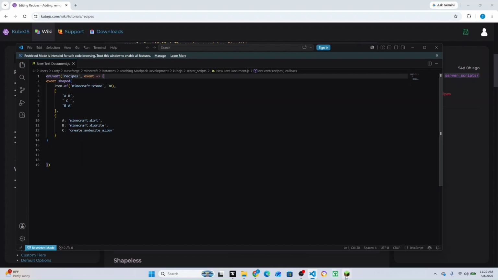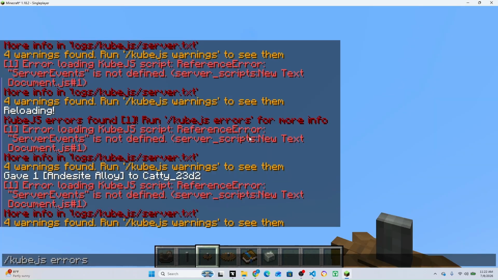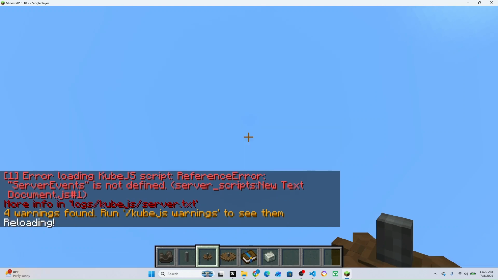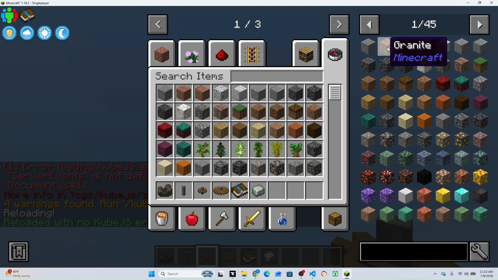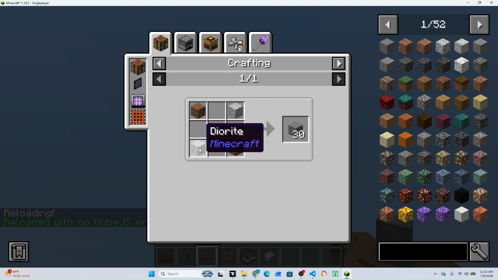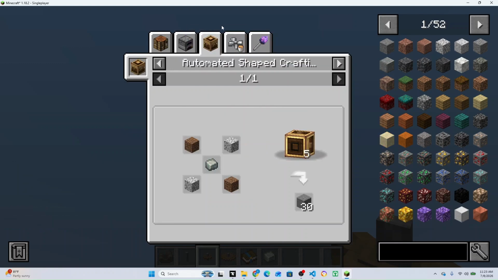Yeah, you gotta save the file every time or it won't work. So, reloading. And look, now that I saved it, there's no errors, and if I go in here, the recipe works. And as you can see, Create actually auto-created a recipe for it,